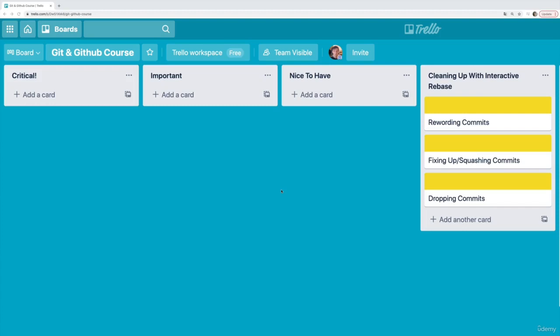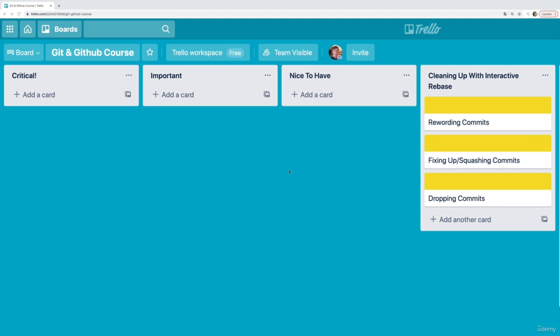In this section, we'll see another use case for the git rebase command. It's one that I actually quite like using. It's called interactive rebasing, and we'll use it in this section to clean up our git history, basically to go back and reword commits, like not just the previous commit, but 10, 50, 100 commits, probably not that far back